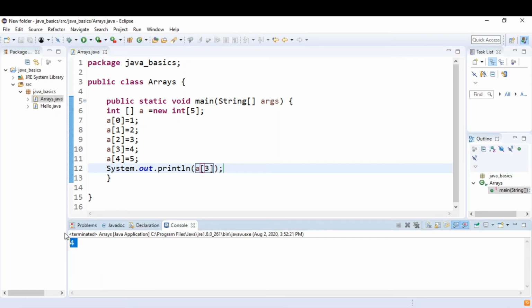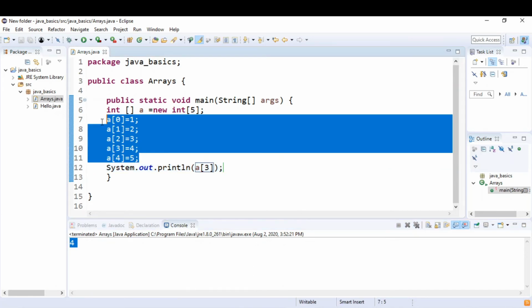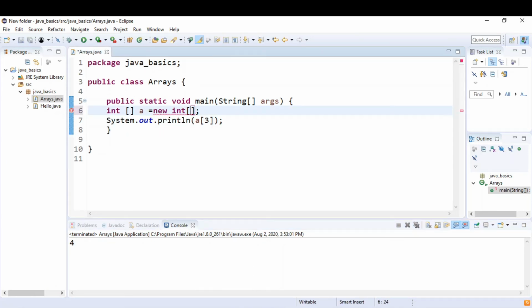Right? Another way for initializing our array is like this. I'll remove this size and I'll directly write the elements in this bracket: 1, 2, 3, 4, 5. What it does, it assigns the size of the array to 5 as 5 elements are present here. It could be anything, not 5.